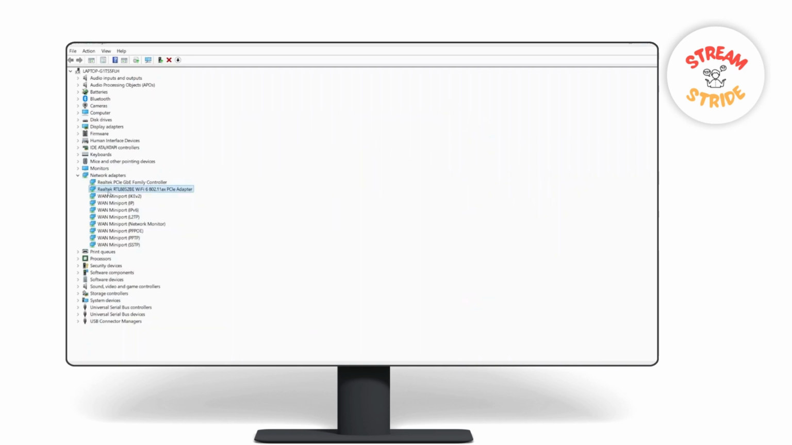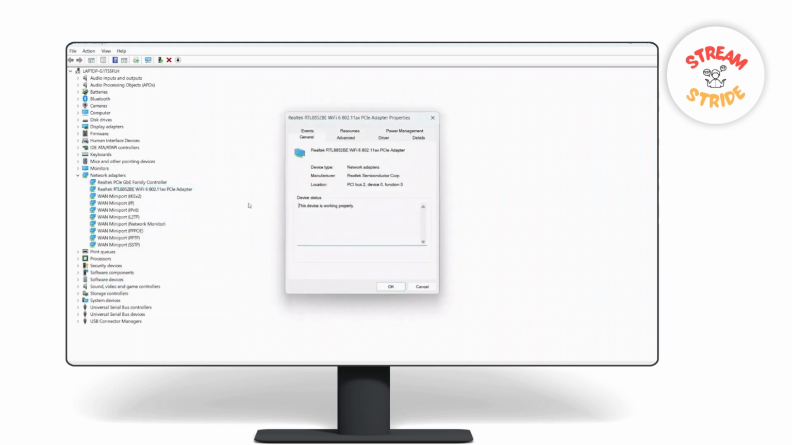Now, what else you can do is right click on it and also uninstall it. After you uninstall this adapter, you can just go ahead and restart your computer and it will automatically reinstall your network adapter itself. There's one last thing you could do in device manager, which is going to properties, power management,